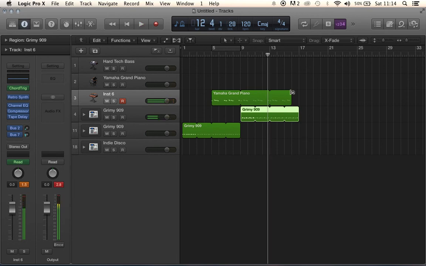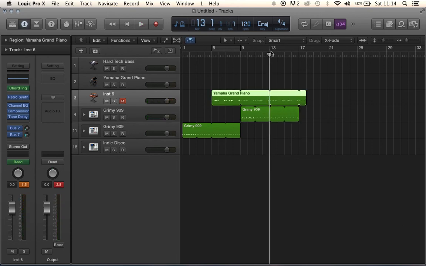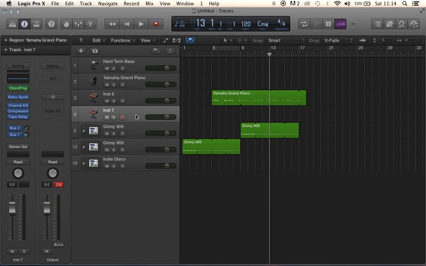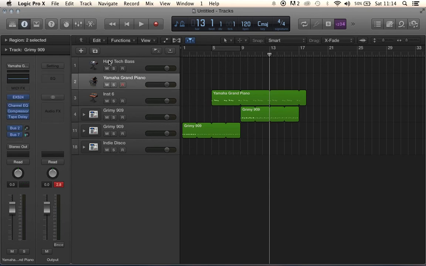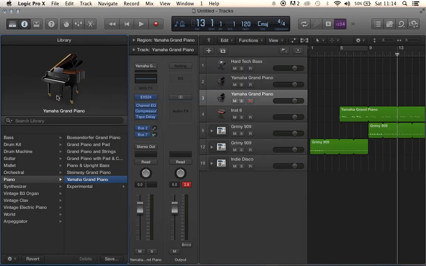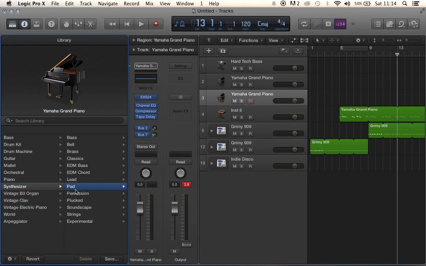I like that, and I think what we'll have here is we'll just have a little bit of string. So what we're going to do, well, no, we won't do that. We'll go grand piano, we'll add a new one. And we're going to go to synthesizer, pad, and just find